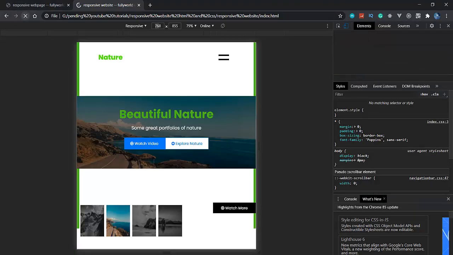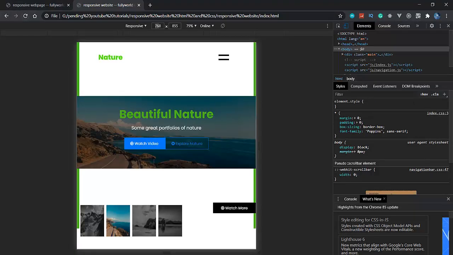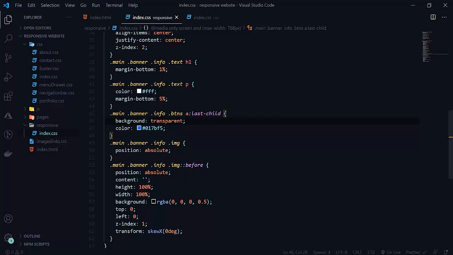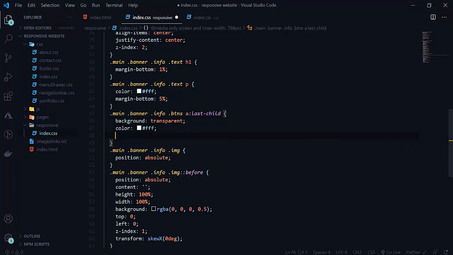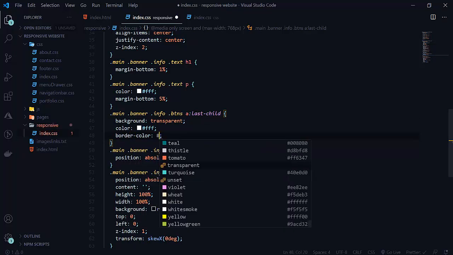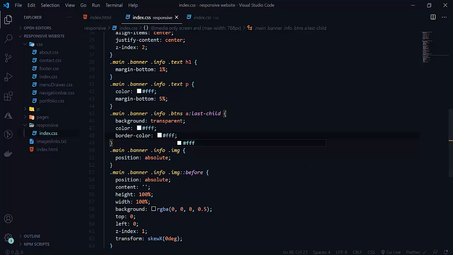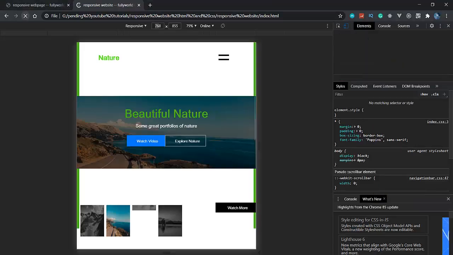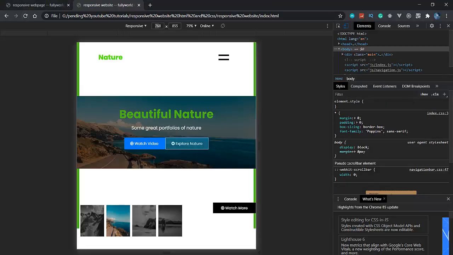See that now it is looking good now. So let's change its color also. So its border, let's change its border and its color also. So color will be white here and border color will be white also. So whenever we reload this, see that now we are getting white in color.